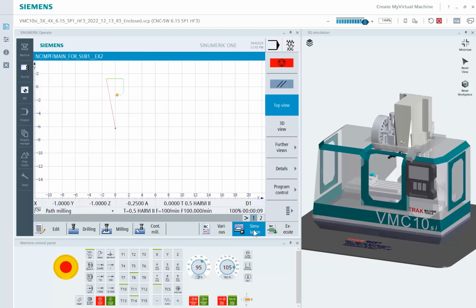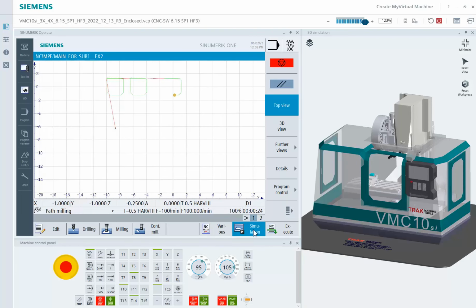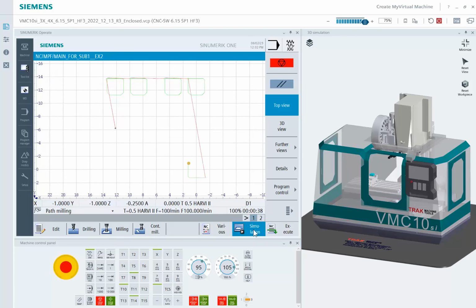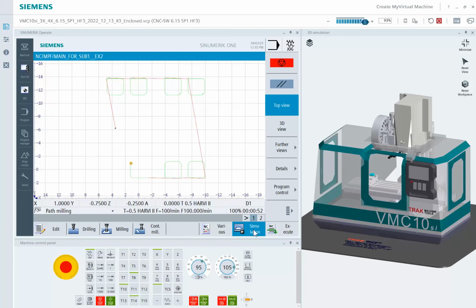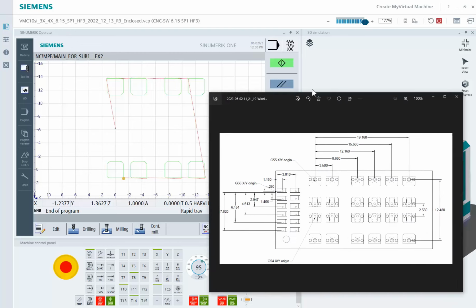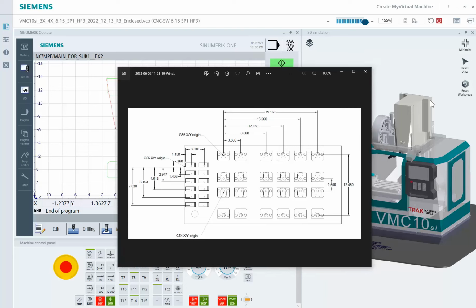I think the simplest thing for him, if he can deal with the conventional milling, would just be with the mirror the way I did it. Or you just go down and you call up each of them individually and you don't do the repeat command. That's another solution, right? It's a little longer, right? Few more events I would need to do. But there you go. There you have it. So that's kind of how I would start to work through a mechanism like that. So you get to see how I call up subs, get to see the mirror command, the looping of subs. So all kinds of neat little